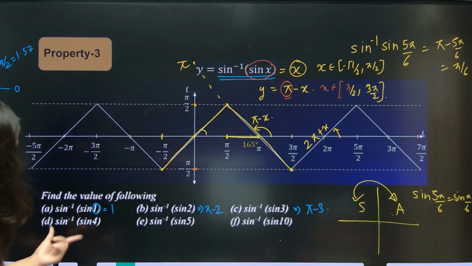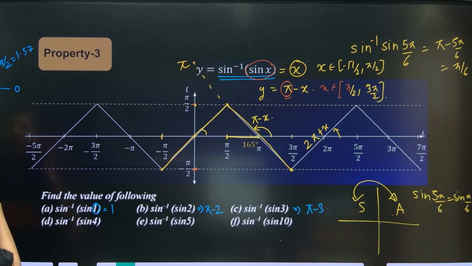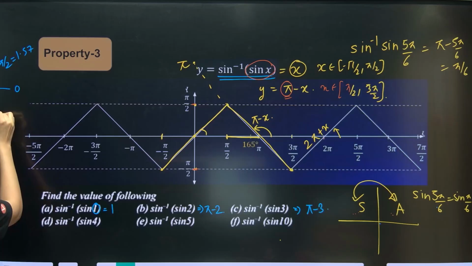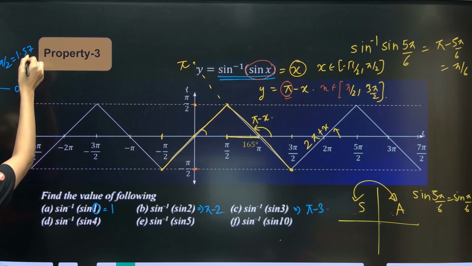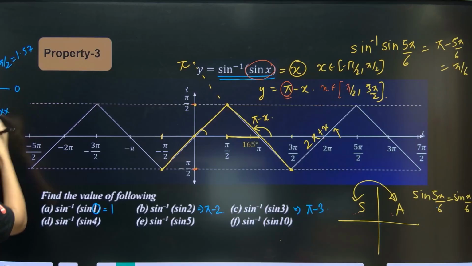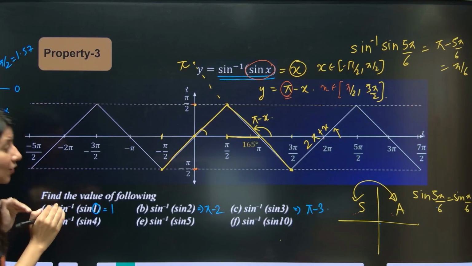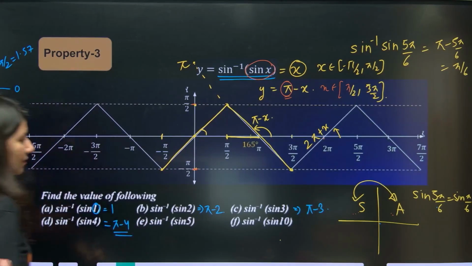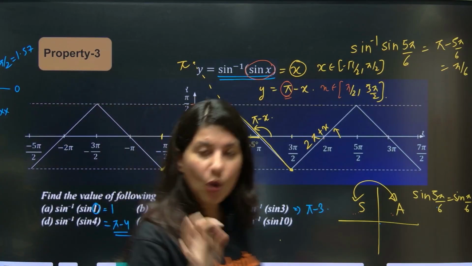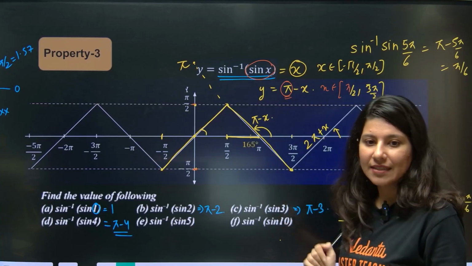Okay. Now 4. So 3.14. No, this is 3 pi by 2, so 3 multiplied by this gives 4 point something. So 4 is lying in the third quadrant. Ma'am, in the third quadrant it is also pi minus 4. In both the second and third quadrants, you will get pi minus x.